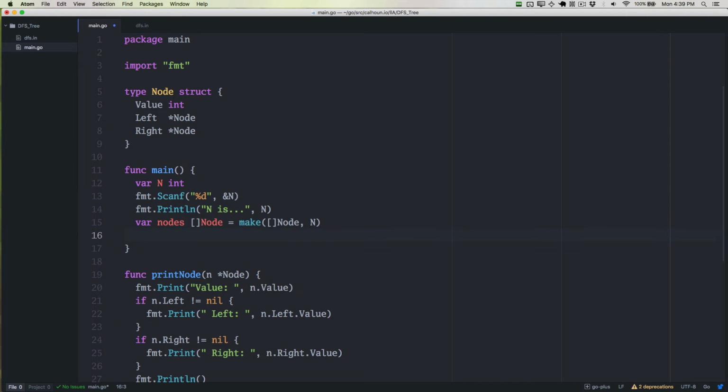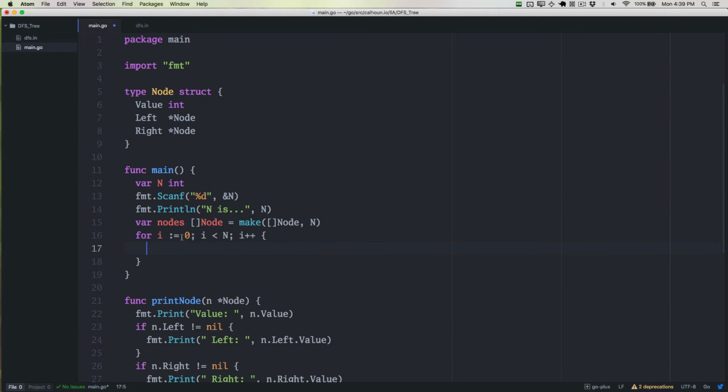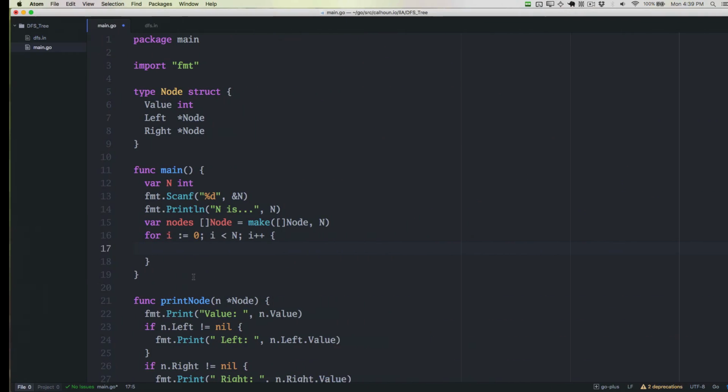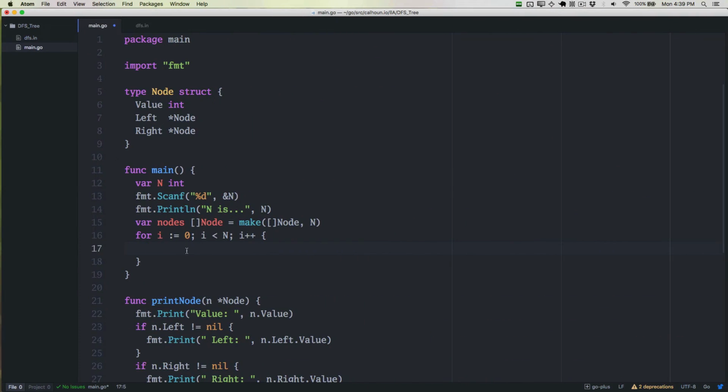Once we know that, we can say for i is 0, i is less than n, i plus plus. This will give us the indexes 0 through 4. If I go back here, you can see how I have the indexes 0 through 4. That's how I'm getting the indexes as I'm writing this for loop, and i is going to be that index. Then on every single line,